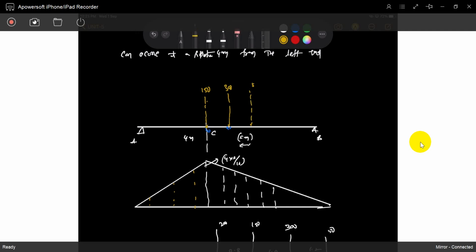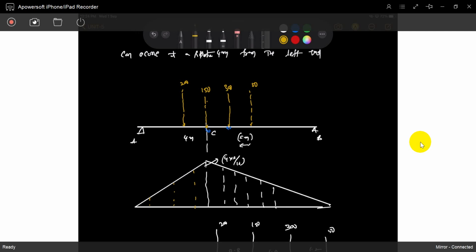This is 50. This is 200. Now we can see the load on CA and the load on CB, not only load, average load on CA and CB. That's why we can interpret it into the distance also. The per meter load on CB and the per meter load on CA is more or equal. So we get the maximum. That's why we have to put that 150 exactly onto that location. We will incorporate maximum value.